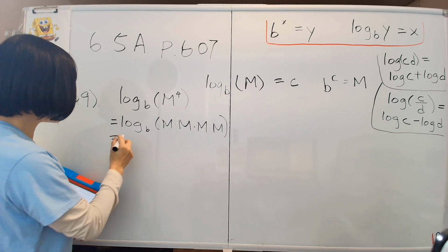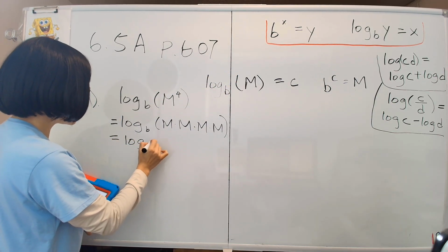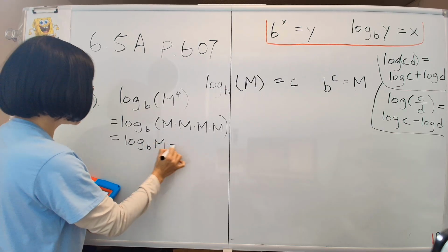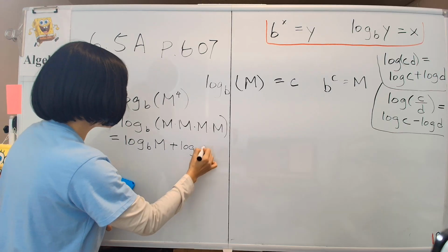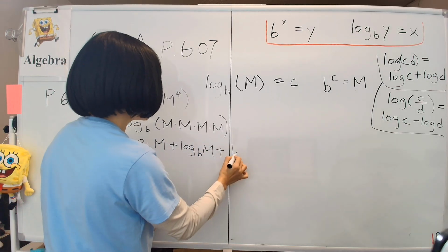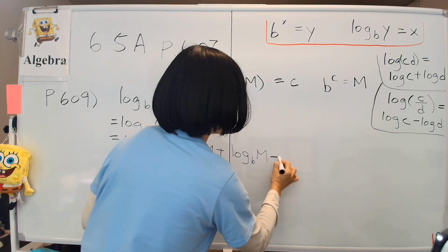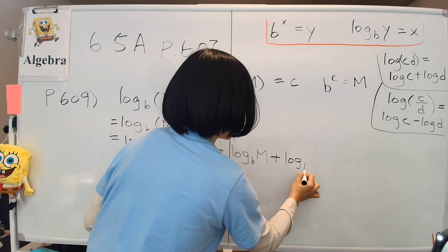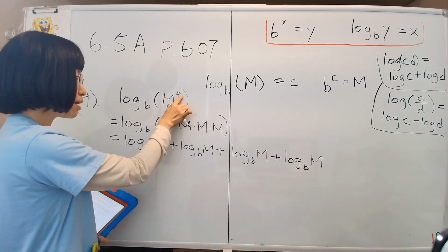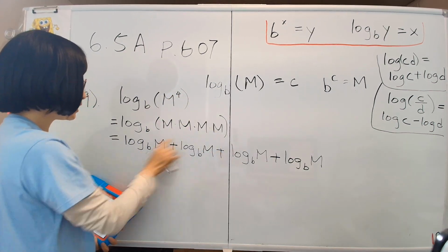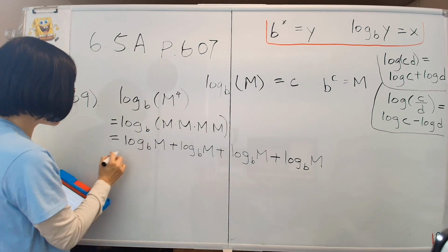By the product rule of logarithm, where multiplication translates into addition, that is going to be equal to log base b of m plus log base b of m, the first one and the second one and the third one and the fourth one, plus log base b of m. In other words, however many you have in the power, that's how many you got, and then you individually add them up,